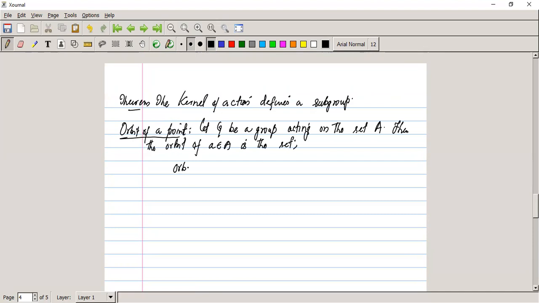It is usually denoted by orbit of a, and this is the set g of a such that g belongs to G. So it is actually the action that is made by G on this fixed point a. So actually here we have to compute the images of a whenever g belongs to G. For all g belonging to G, we have to compute g of a, and that set will define the orbit of a point a. For example,